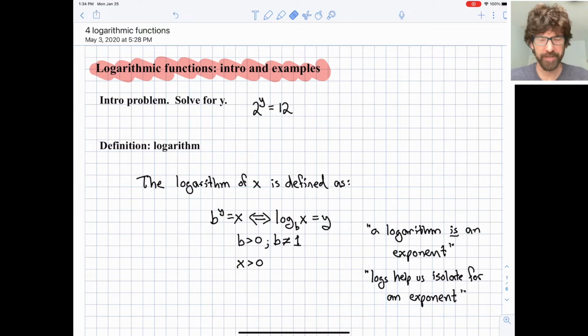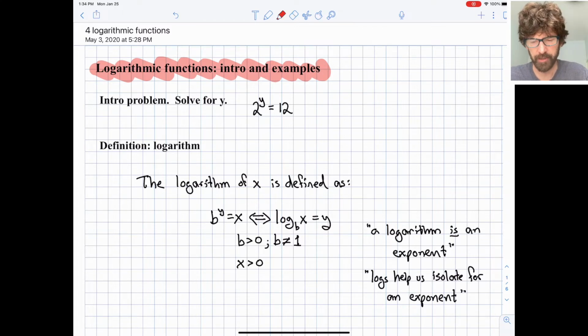All right, this is a video on logarithmic functions. We'll do an introduction to what logarithms are, and then we'll do a few different examples where we will evaluate logs. We'll look at a couple graphs of logarithmic functions. But as the introduction, the motivation of what I want to do here is I want to think about